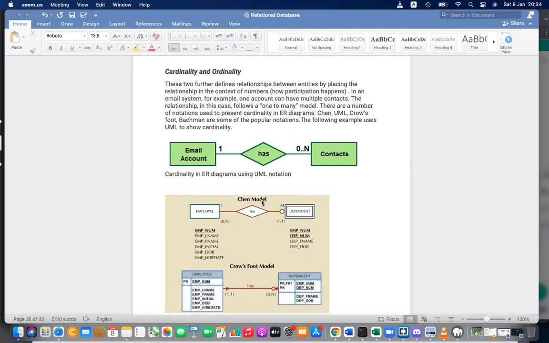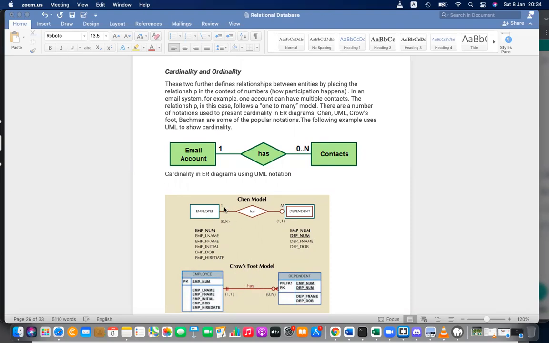But let's say this is the chain model. We basically use the chain model in the examination. An employee has dependents. One employee has many dependents, and a dependent belongs to one employee. That is correct. And here, this is the Strawford model. The Strawford model is not much used in the examination, but that is also a popular model.